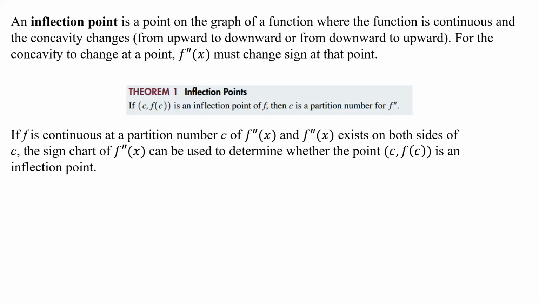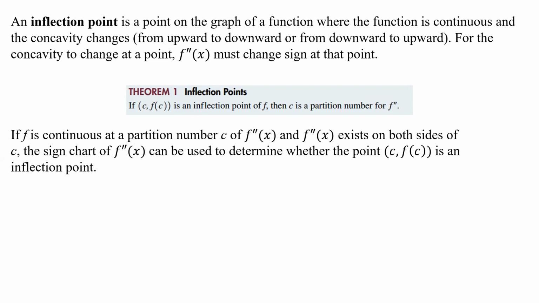All right, so an inflection is a point on the graph of a function where the function is continuous and the concavity changes from upward to downward or from downward to upward, like we saw in our last example. Now, for the concavity to change at a point, f double prime must change signs at that point. So theorem one says inflection points, if C, f of C is an inflection point of f, then